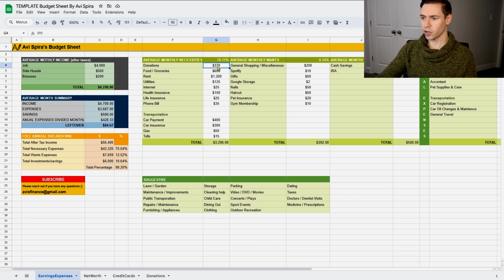Starting with monthly necessities, right? So this is going to be things that you see as necessities. So I would consider that food, groceries. I put donations on the top because I feel that's a necessary part of life. And then rent is also here as well, utilities. There's also suggestive